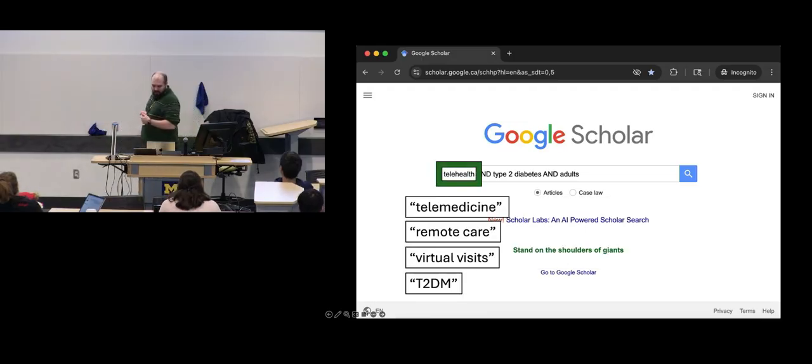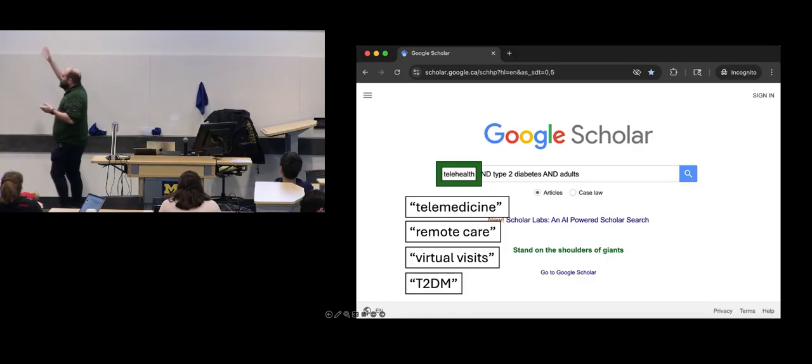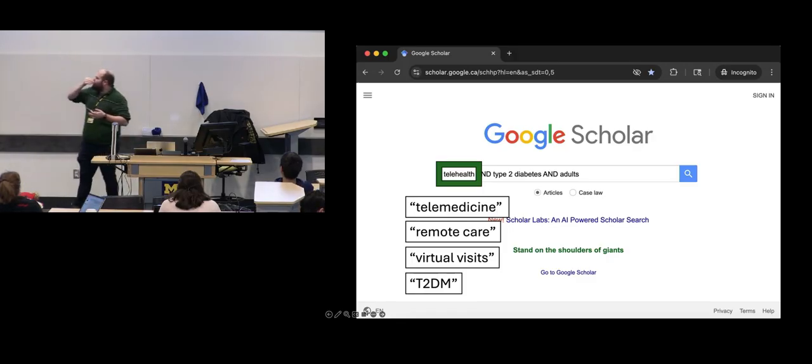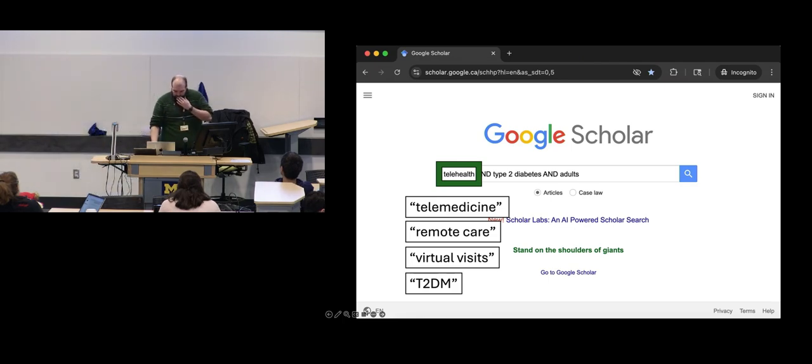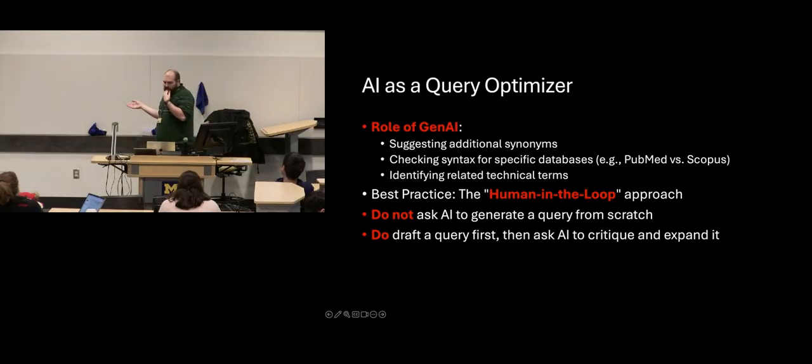The things that you might want to include are telemedicine, remote care, virtual visits, T2DM. I mean, this is essentially like the Zoom help type 2 diabetes patients in adults, right? So there's a bunch of different terms. Now, what you can use for GenAI, so these are, again, those big general tools that we've been talking